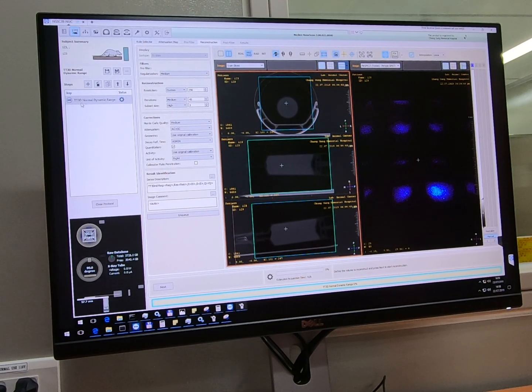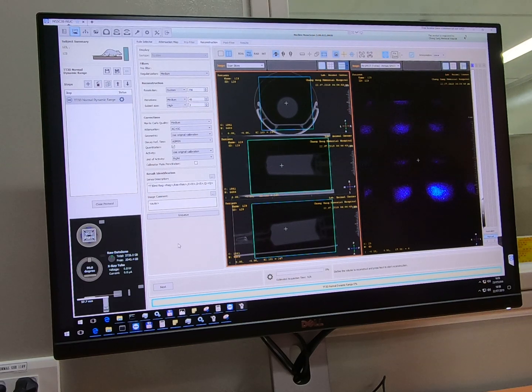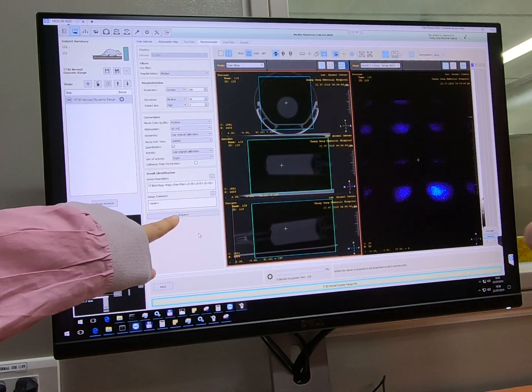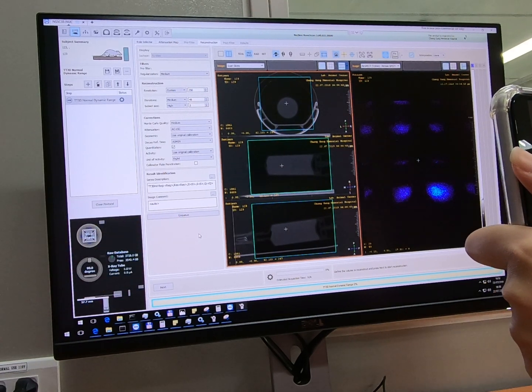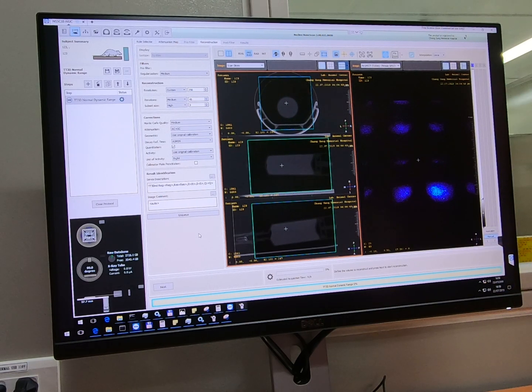So set up all of them, and at the end there will be a list under the SPECT tab, and we will just press enable processing, and they will be finished one by one. So if you have two or three to reconstruct, you can enqueue them, and you can set different conditions. So you don't have to wait